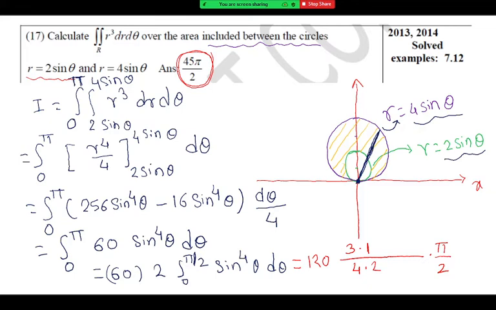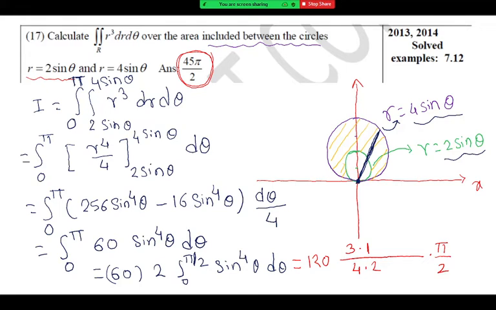Sir, like in Cartesian form, here we can take the radial element, right? Correct. Because in Cartesian we take horizontal and vertical strips. Yes, very good. Good understanding. In Cartesian we are moving horizontally and vertically, because of that we have horizontal and vertical strips to cover that region. Here in polar, we should move along a radial direction to cover the entire region. It is just like the hand of a clock that you have to rotate to cover the entire region there.